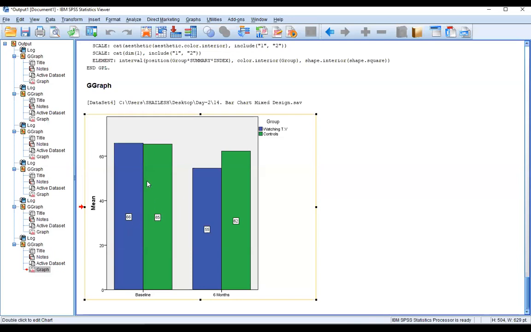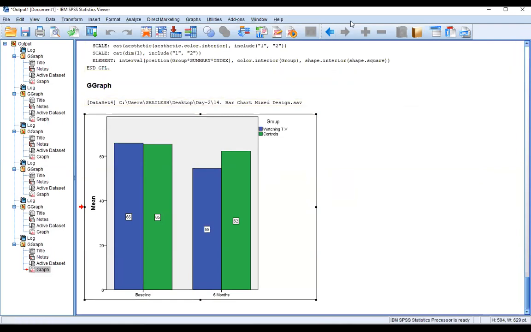After 6 months, the treatment we are giving to 30 students, you just watch TV for 6 months and we check the performance. The performance of those watching TV decreased to 55, and the other group is 62. So through the graph we can understand that those who are watching TV continuously for the last 6 months, their performance decreased. The performance of the control group also decreased, but not as much as the people who are watching TV. So we can show our data like this.